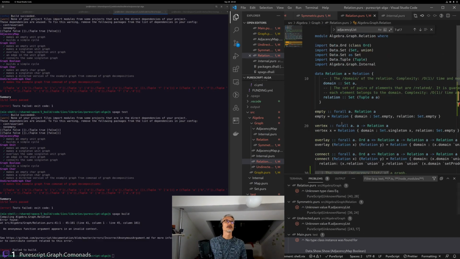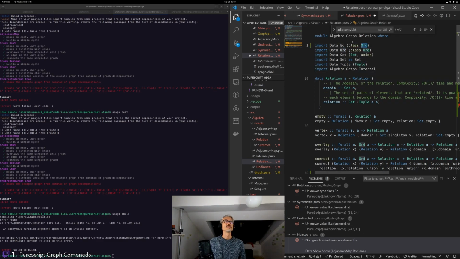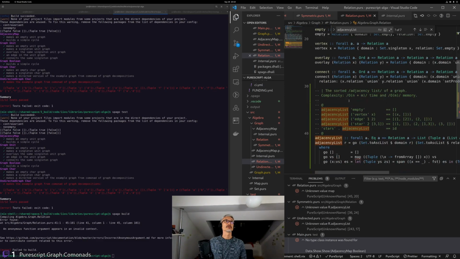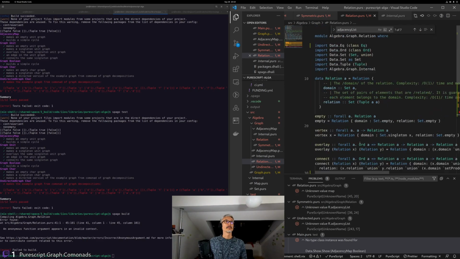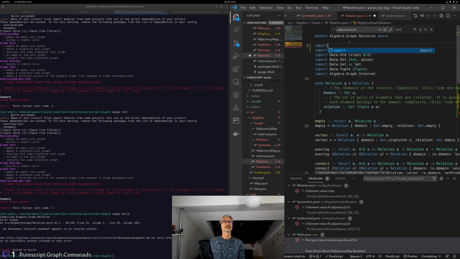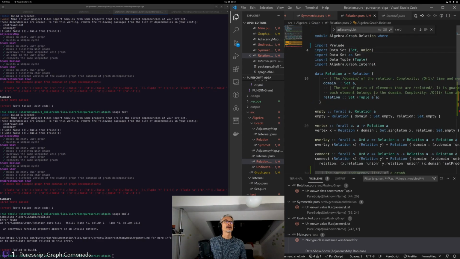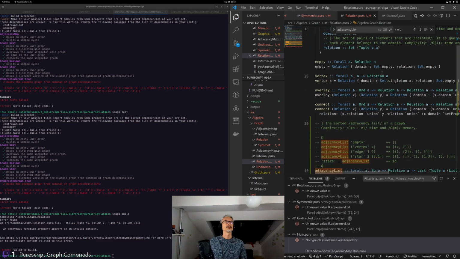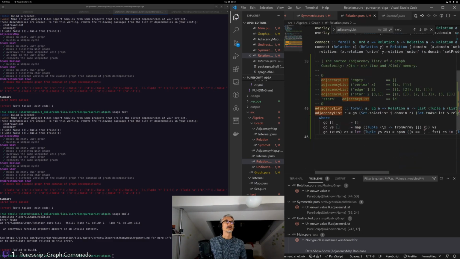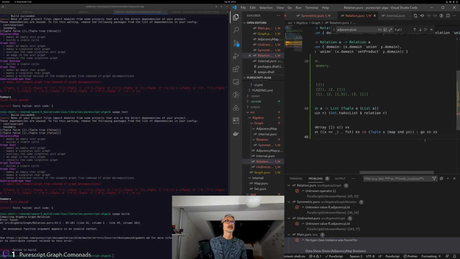Okay, so that seems to be one of the ones, and then I suppose we can import data EQ. And those are in the prelude, so I don't know that there's a lot of advantage to it like that. Well, yeah, definitely not a lot, because then we don't have map. So you know what? Let's remove EQ and ord there, and we need to import that. We do import that tuple, but we need to import not just the class, but the constructor, and then a known value. Oh yeah, okay, indeed. Okay, yes, I did not put that in the right place. This is where it should be, I believe. Yes, and then